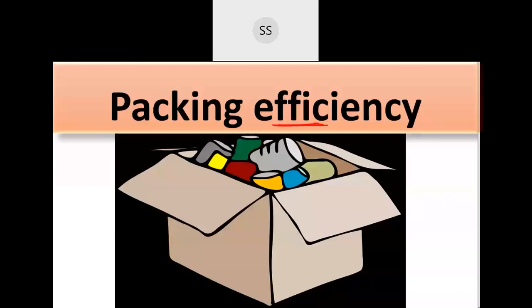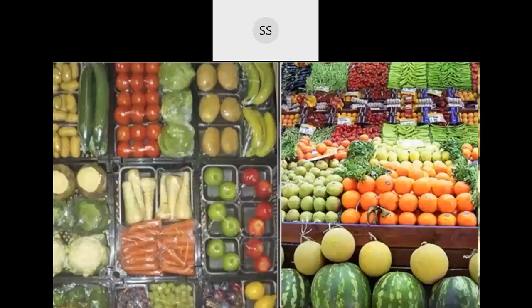Now when you are talking about packing, what we are going to talk about here is how much space is occupied, where the most space gets occupied and there is less wastage. That is what is called packing efficiency, the total space which will be occupied out of that given volume. You can see packing efficiency in your daily life, in the vegetable market. There you will see how nicely they pack the things. These vegetables and fruits, they pack one above the other so that they occupy most of the volume and less wastage is done.